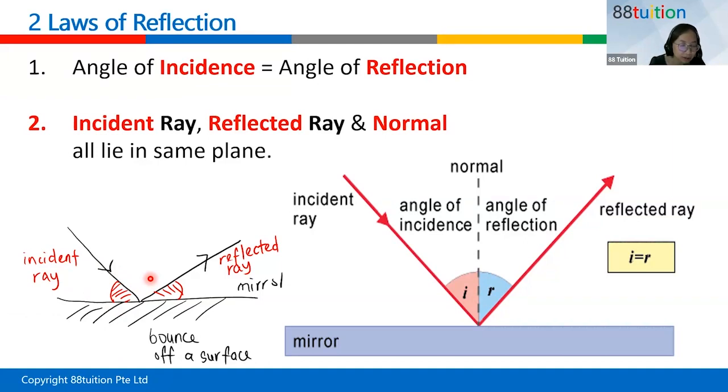So this will be wrong. This is not. I will write that. So it's not. Let me erase it away. Oh, I can't. I need to go back to the pen before I can erase it. All right, so if you want to know how to draw the angle of incidence, then